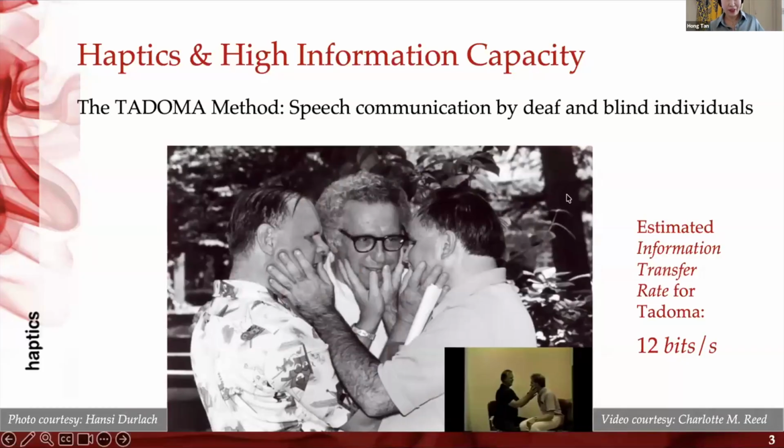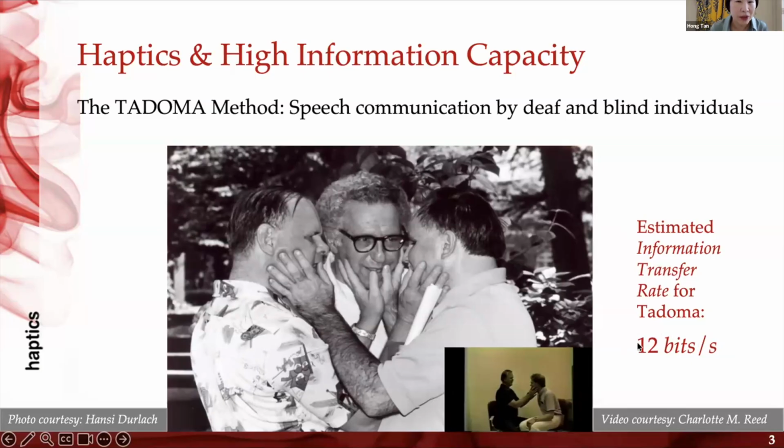So I hope you're convinced, which is why I played the video in full length, that the sense of touch is quite powerful, right? Just through the palm of our hand alone, we are able to process something as complicated as speech. So I hope this convinces you that haptics has a lot of potential that we have not tapped into. To put a number on how good it is,